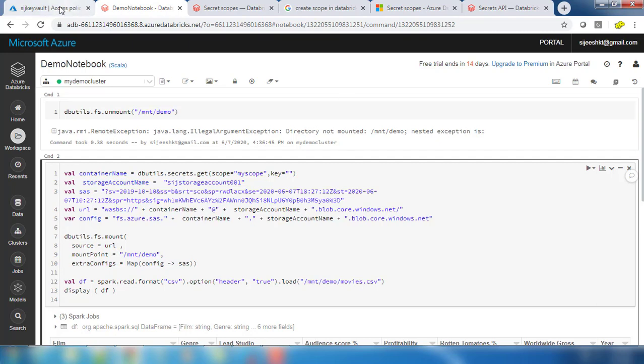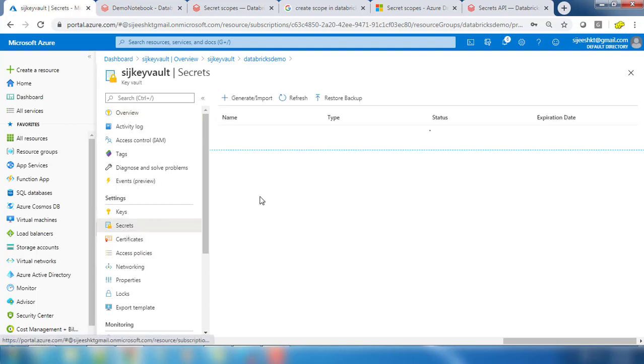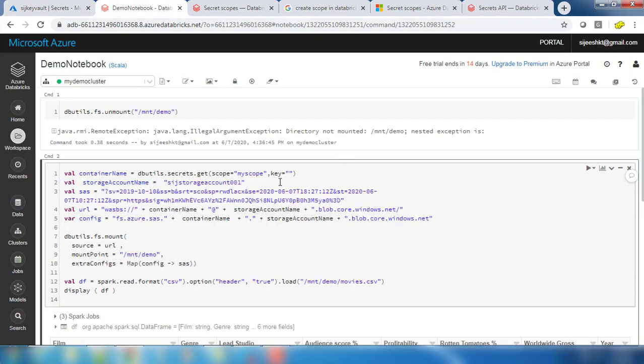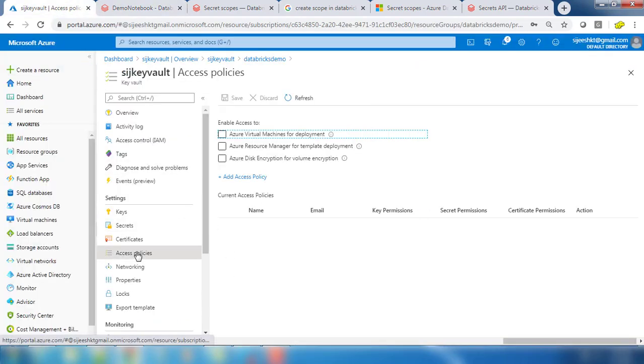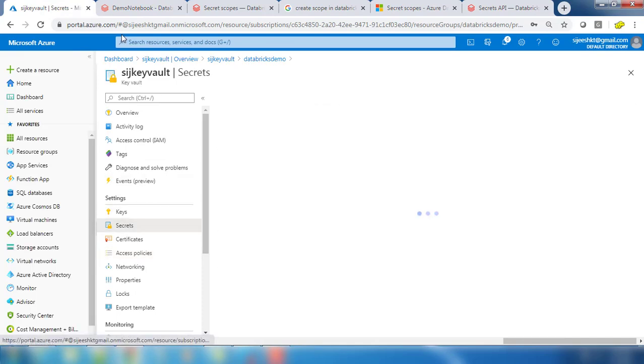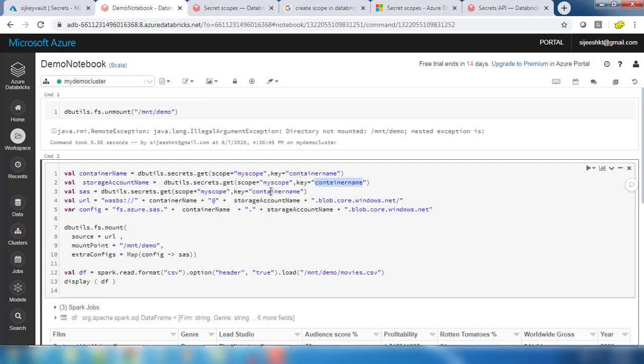Whatever key we defined in the key vault, we will get that secret, and the key name is container name. This function will get the secret from the key vault. Also we will check if the access policy has been generated for Databricks. Yes. Similarly, we need to add this for the storage account name and the security token, but we need to change the key name.